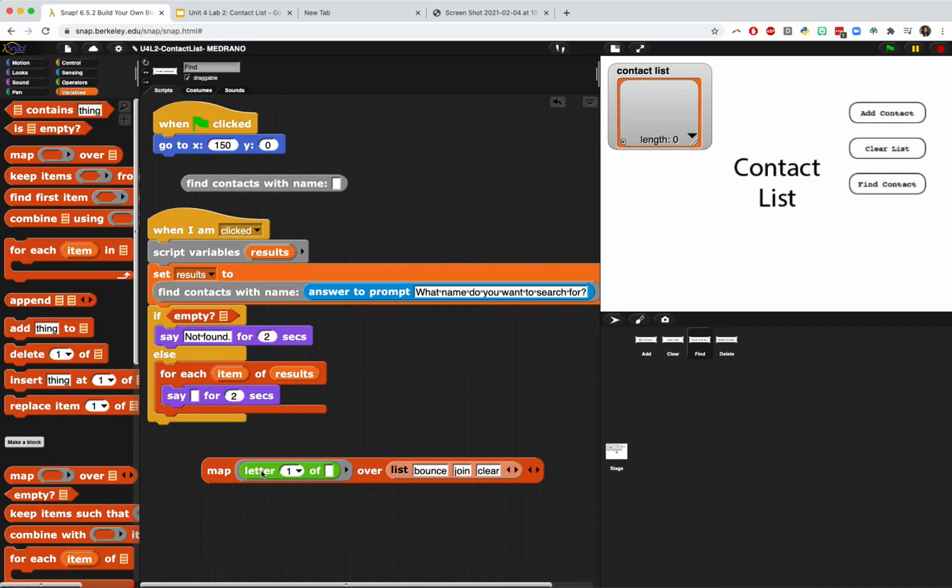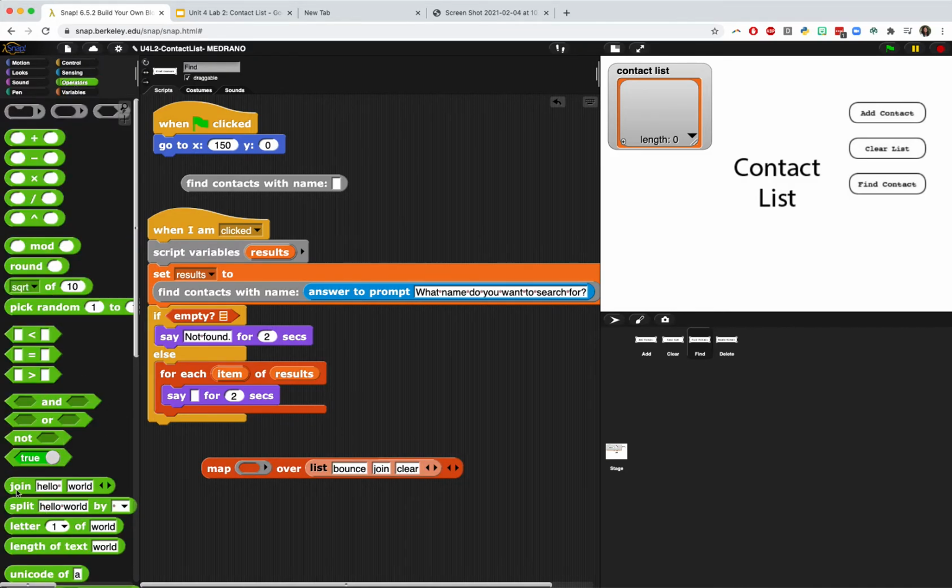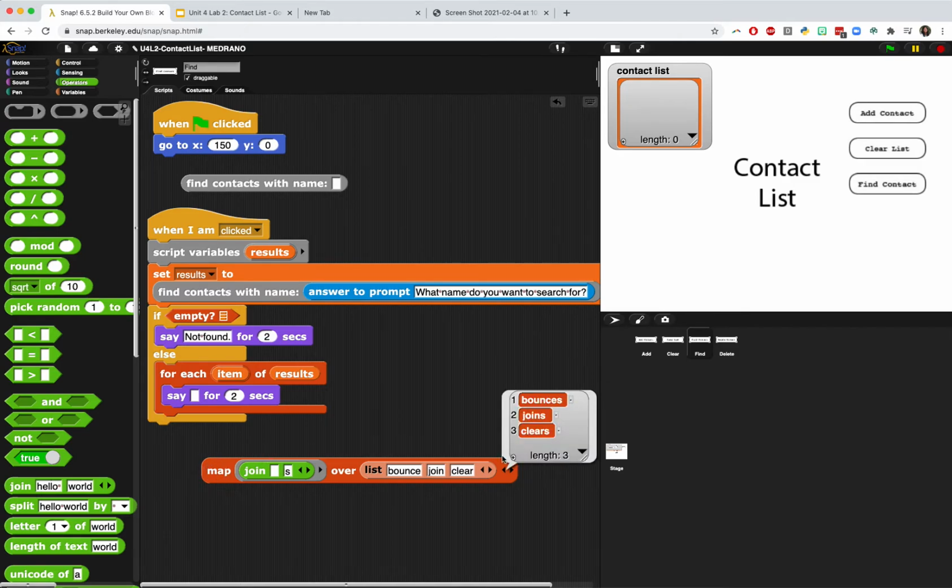So what that meant, so when we did join and we kept this first part blank and then we add an S, this would add an S at the end of every sentence. Now if we added at the beginning, so this would say rebounce, rejoin, and reclear. I'm not even sure if rebounce is a word, but that's what it would do. Okay, so you choose